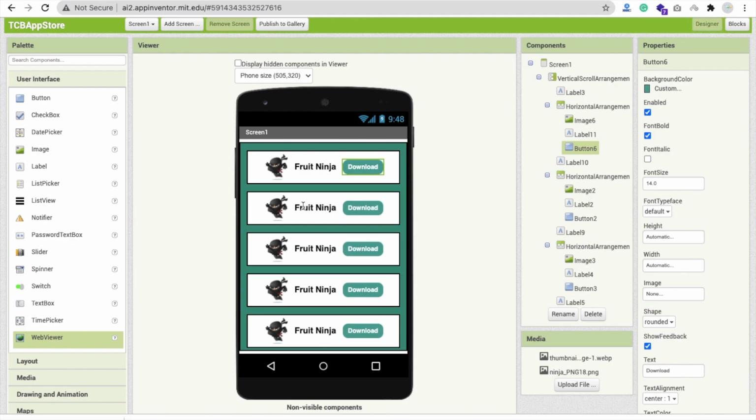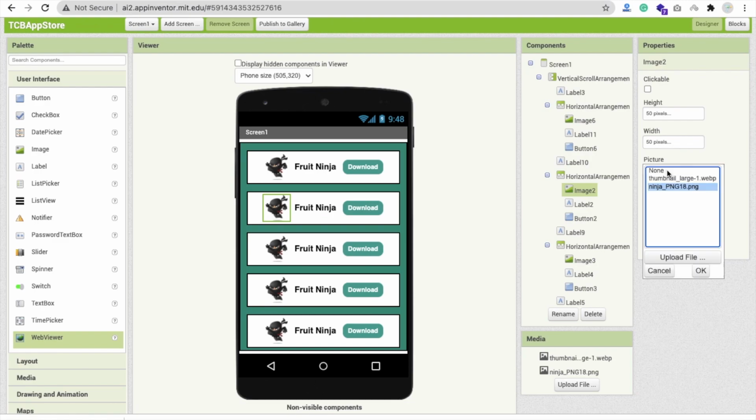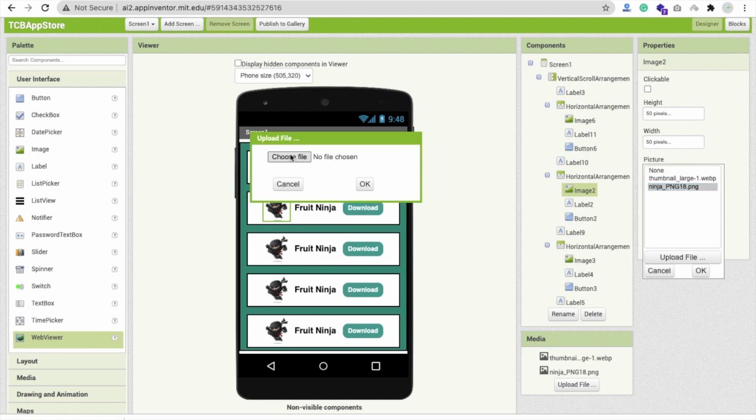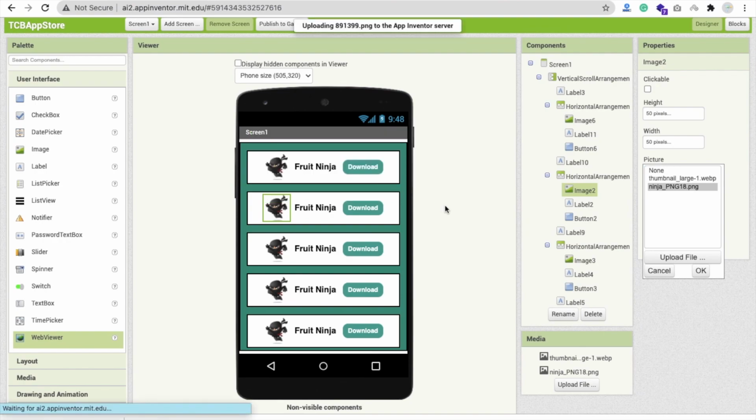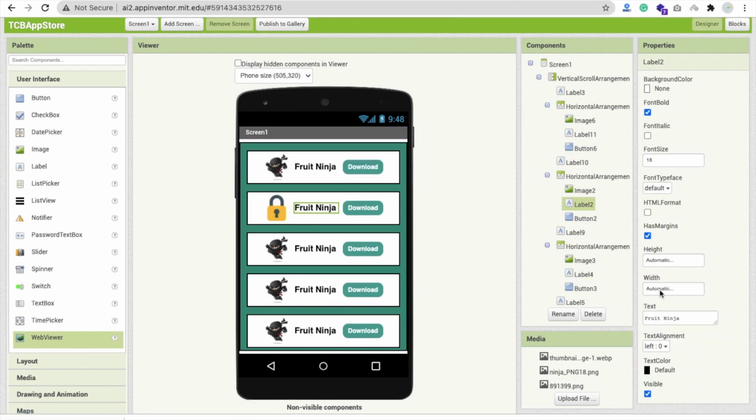Now let me change that Ninja app to something more. I have a lot, but this one is a repeating process, right? So you can do it, but let me just display something other than Fruit Ninja. So I'm going to make it like a Notes app. Here you can see the design. How can we make this design proper?